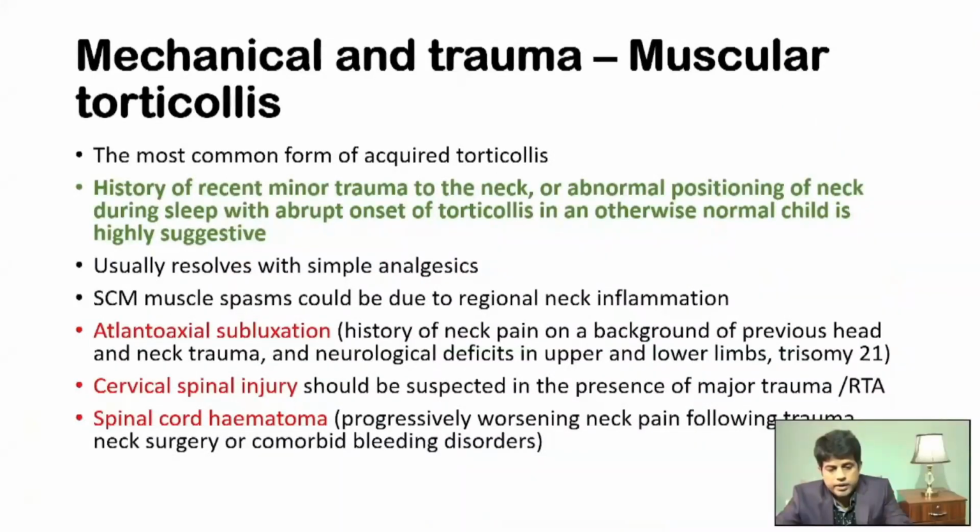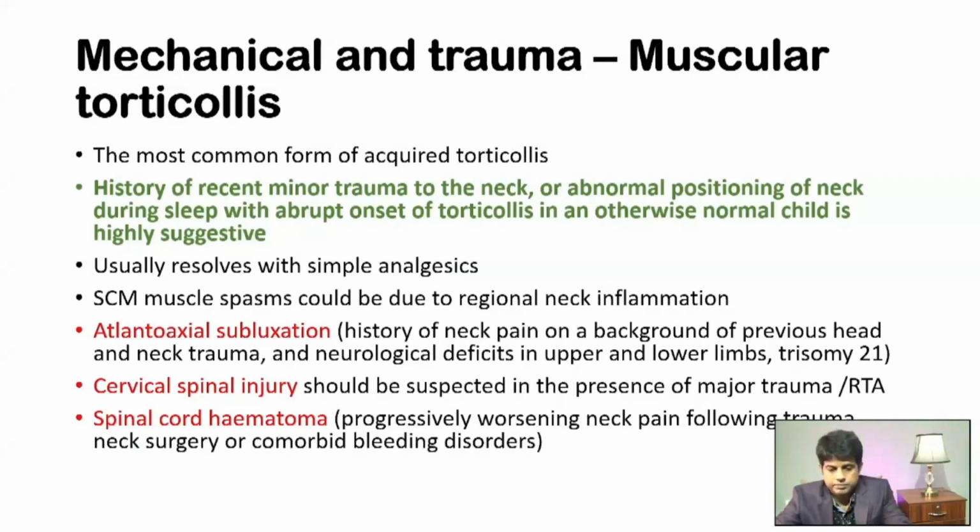So from the acquired torticollis, we'll first look at mechanical and trauma-related muscular torticollis. It is the most common cause of acquired torticollis, and often these children have a history of recent minor trauma to the neck or history of abnormal positioning of head during sleep. Especially this is the most common variant, like somebody keeping the neck in an abnormal posture during sleep, and on the following morning wakes up with pain and difficulty in turning their neck and head,